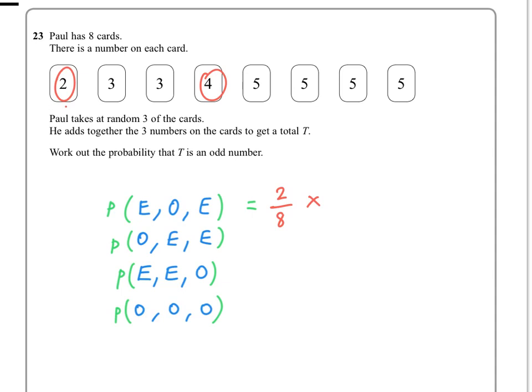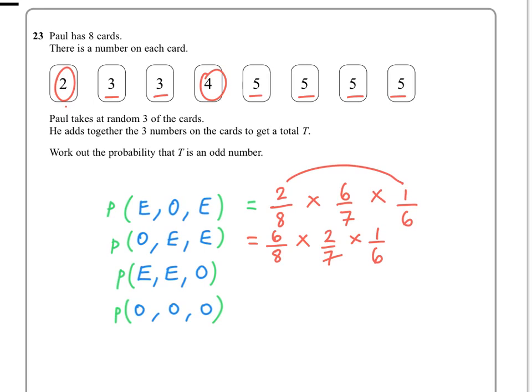And then the second card is an odd number, so be very careful now. There's 1, 2, 3, 4, 5, 6 odds, but there's only 7 cards left. Okay? And then taking your next even one, it's got to be 1 less even number because you've already picked one, and then 1 less card. I wouldn't cancel anything down at this moment. Or, so we start all over again, or it could have been an odd one, which was 6 odds out of a total of 8 cards, times by an even, which is 2 out of now 7, times 1 out of 6. Or start again, even,